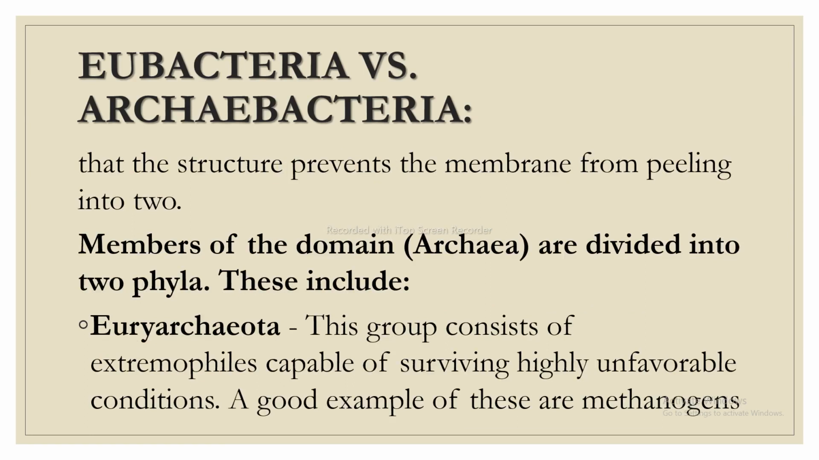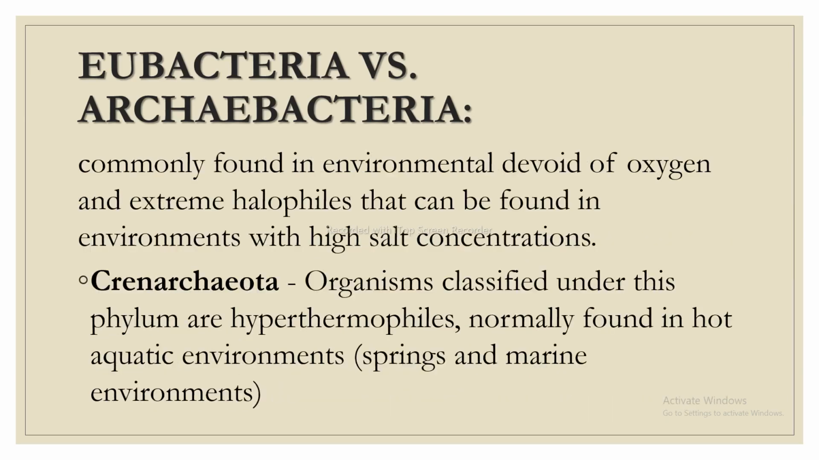Archaea are divided into two phyla, and these include Euryarchaeota. This group consists of extremophiles that are capable of surviving highly unfavorable conditions. A good example of these are methanogens, commonly found in environments devoid of oxygen, and extreme halophiles that can be found in environments with high salt concentrations. Next is the Crenarchaeota. Organisms classified under this phylum are hyperthermophiles and normally found in hot aquatic environments, springs, and